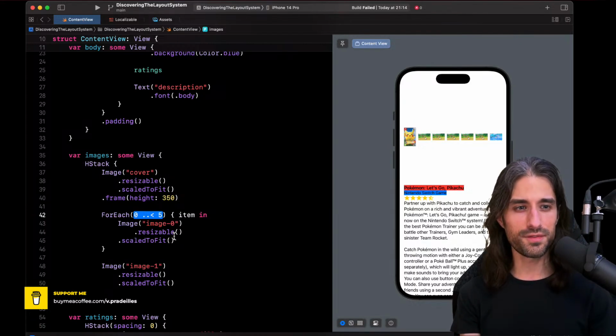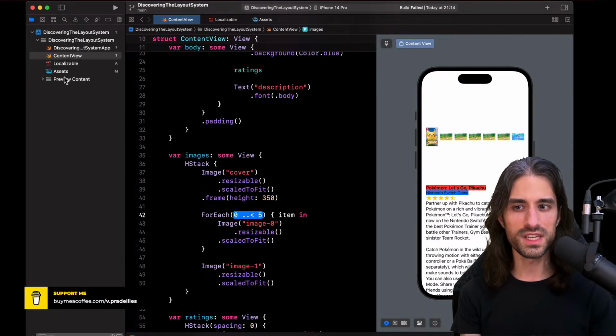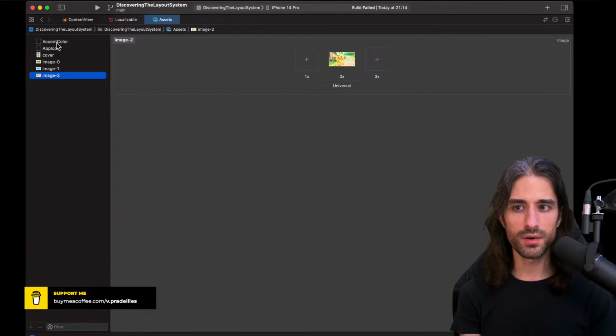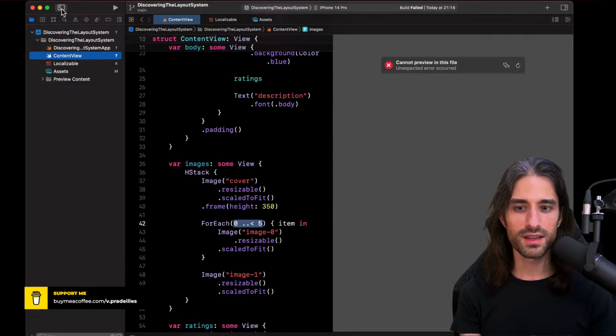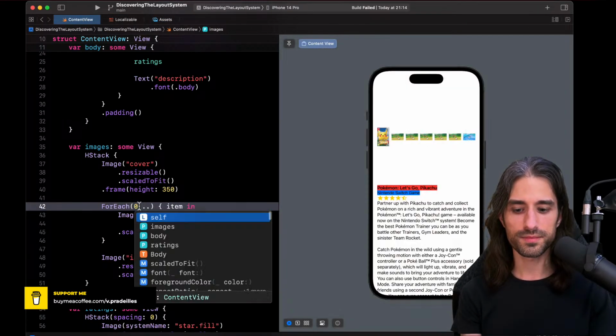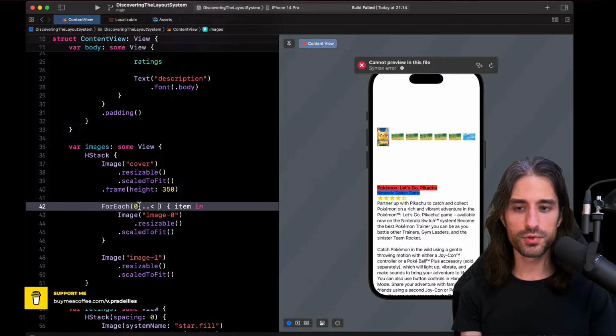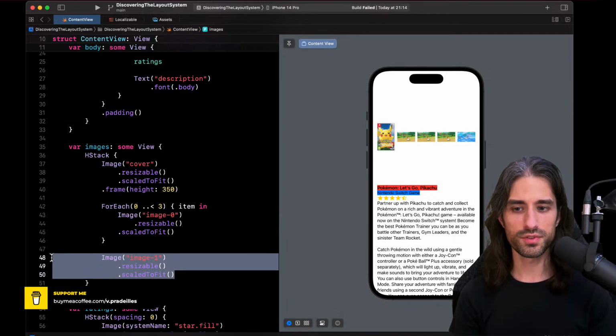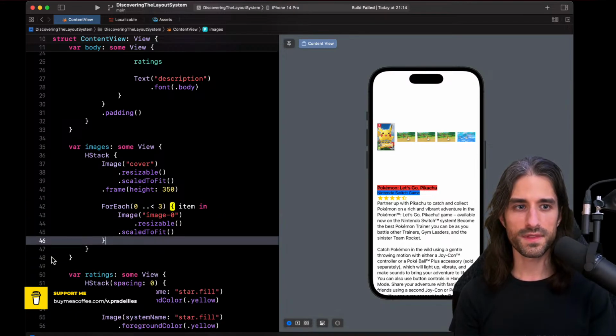So here I will want my ForEach to go over the integers 0, 1, and 2, because let's check how many images I added. Yes, 0, 1, and 2. So the way to do it is to iterate over 0 up to 3, and 3 excluded. So this way we have 0, 1, and 2. Of course, I'm going to remove that.